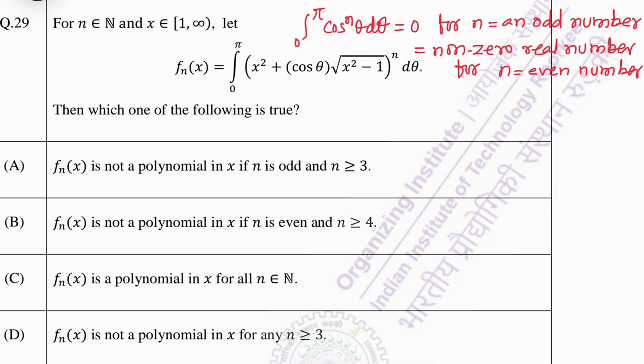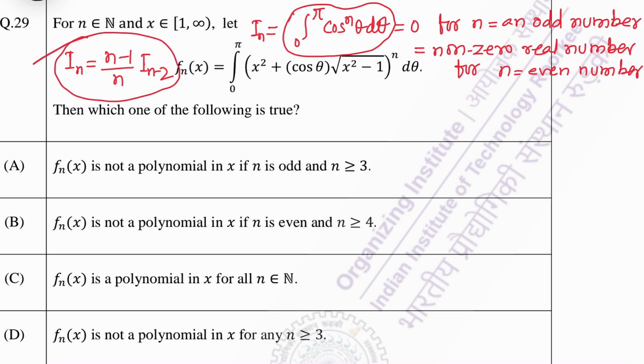actually the value of this integration, suppose this is I_n, then I_n equals (n minus 1) by n times I_(n minus 2), and according to this the value of I_n will be 0 whenever n is an odd number, and it will be a non-zero real number if n is an even number. Okay,